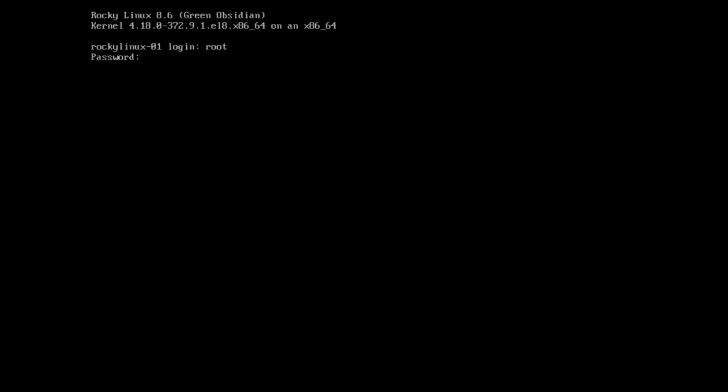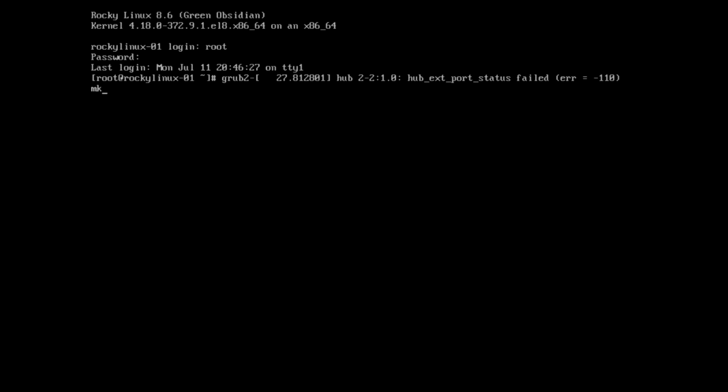Log in as root user. Okay, we have another command, grub2-mkpasswd-pbkdf2.